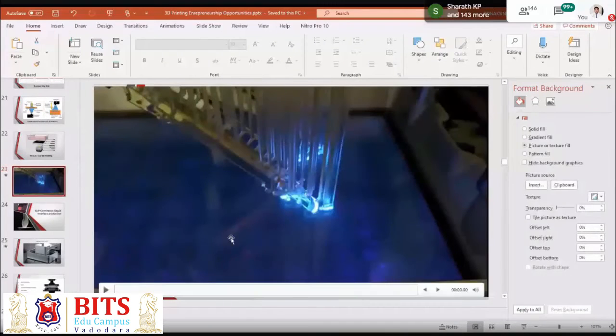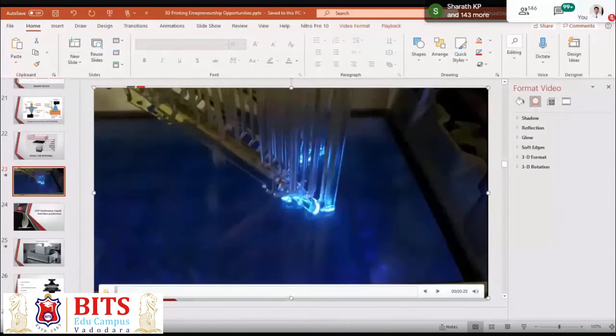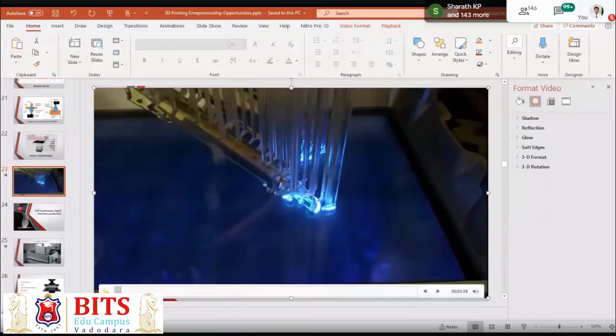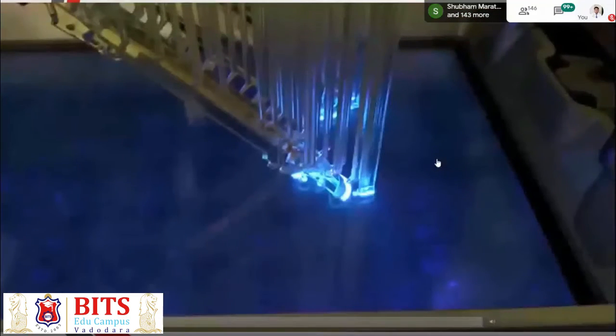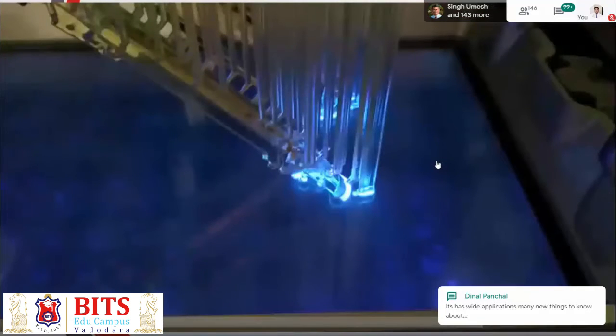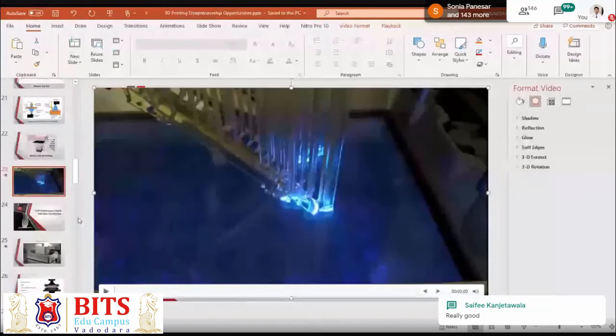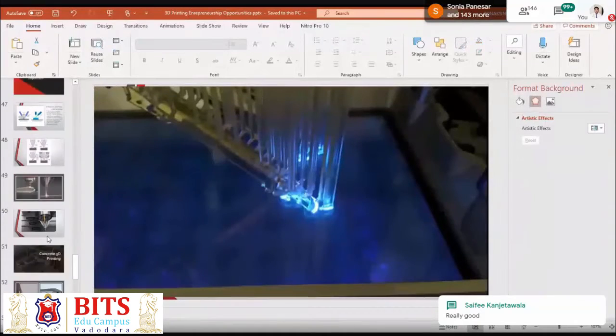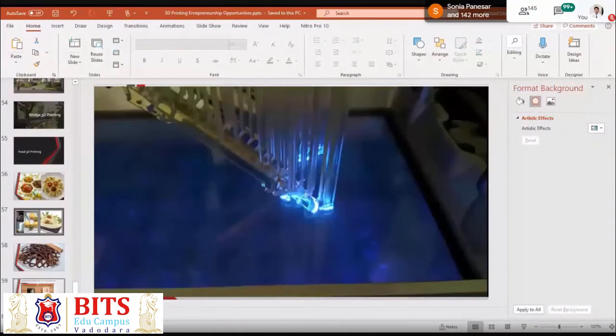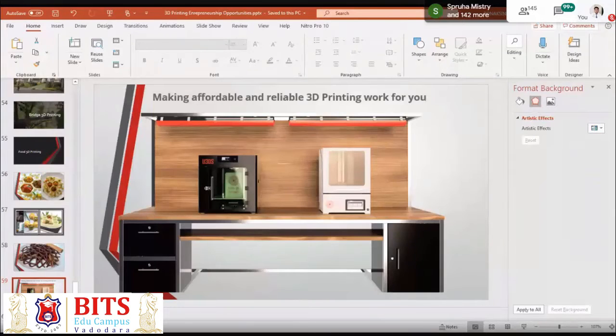So there you go. This video is actually from our LIPS one machine, which is LCD based. You have an LCD screen, and it allows the light to pass through and allow the photopolymer to actually cure. These are two machines of ours, and we have some machines installed in a few colleges, and we also have one of our machines in Plasma Research Laboratory, PRL.